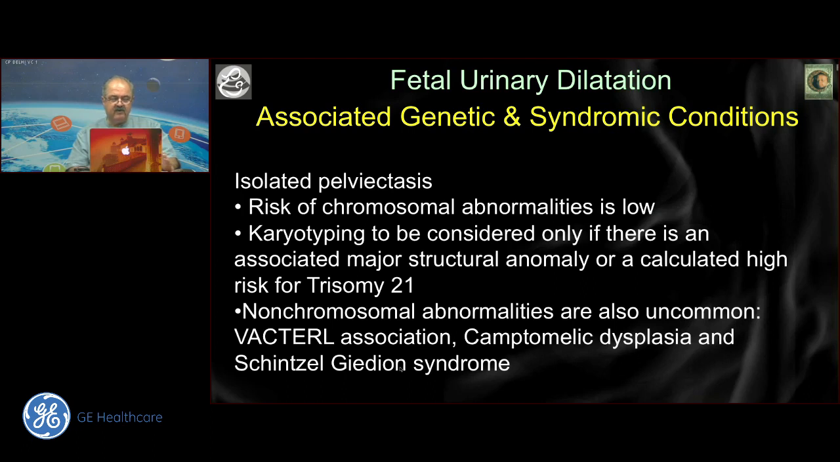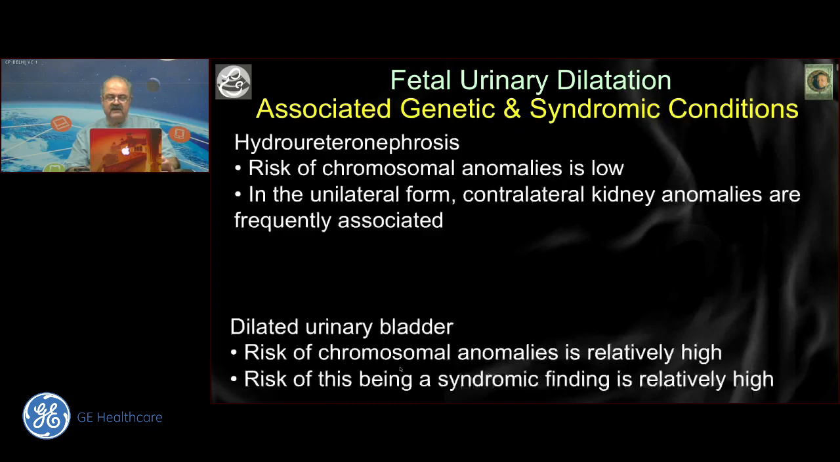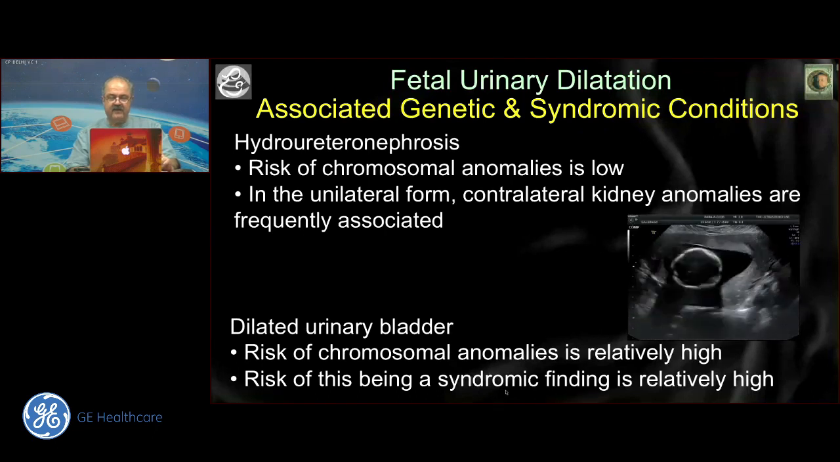On the other hand, when you look at hydroureteronephrosis, you realize that in that situation, the chromosomal abnormalities are even fewer, and usually this is not syndromic, it's obstructive. If you find a dilated urinary bladder, the risk of chromosomal abnormalities is relatively high, and again the chances of being a syndromic finding is relatively high. The genetics of this whole condition has moved a lot, and we will now spend a few minutes on this, and that is that when you find